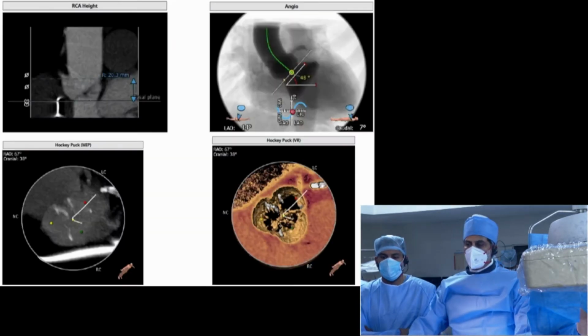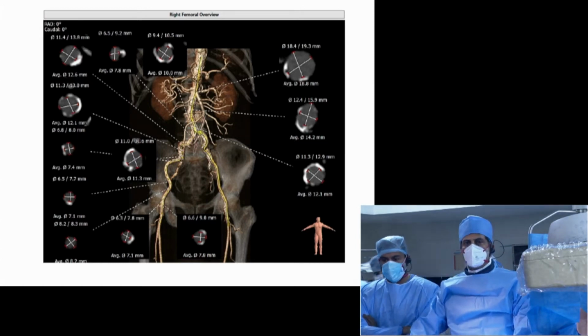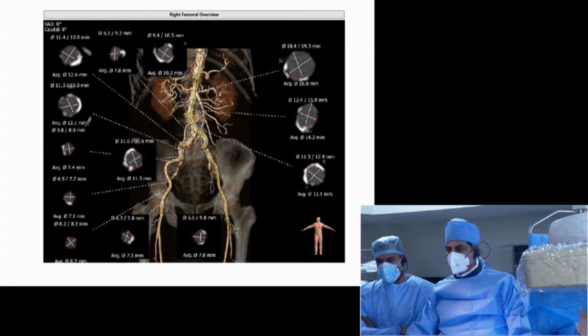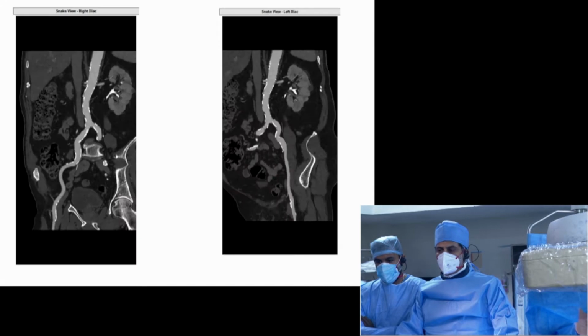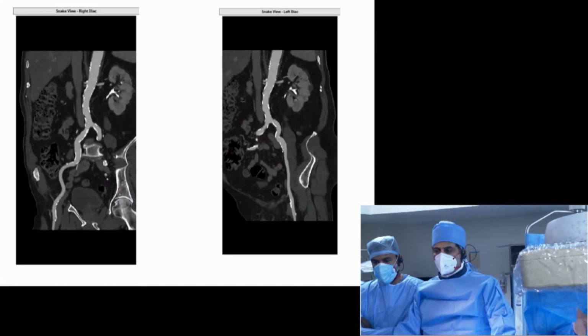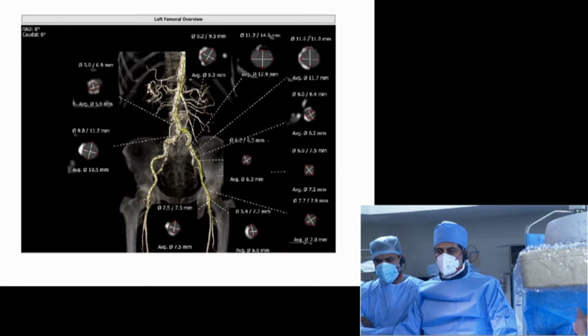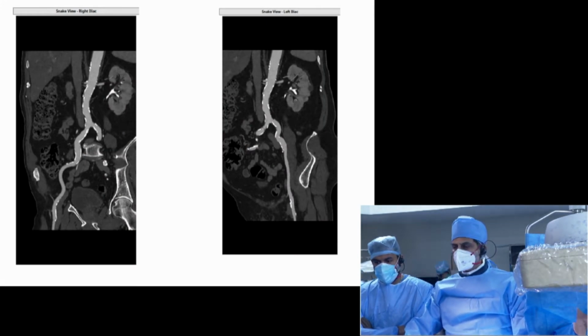His femoral arteries have minimal tortuosity on the right side, with no tortuosity on the left side. There is some calcium, but it's not concentric. The vessel lumen diameters are quite large on the right side. There's some minimal narrowing on the left side, so clearly we decided that the right side should be the principal approach, as the left side has a slightly smaller diameter. There's some calcification, of course, but it's not going to be much of a difficulty.